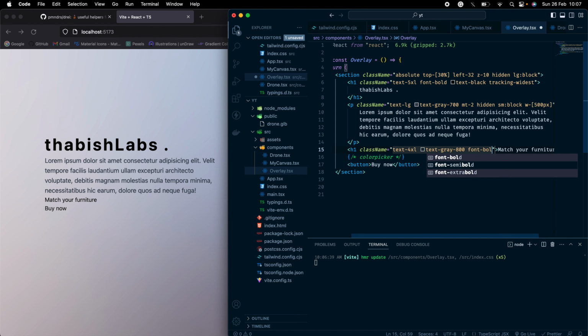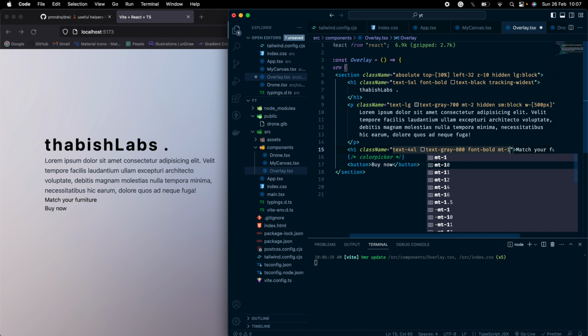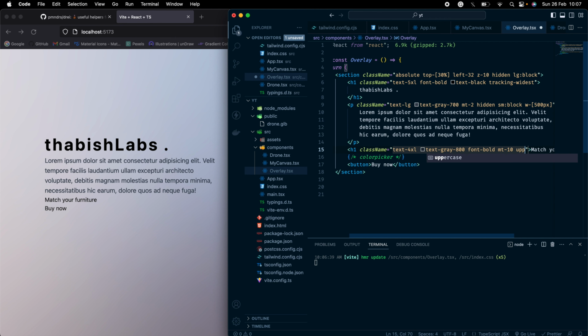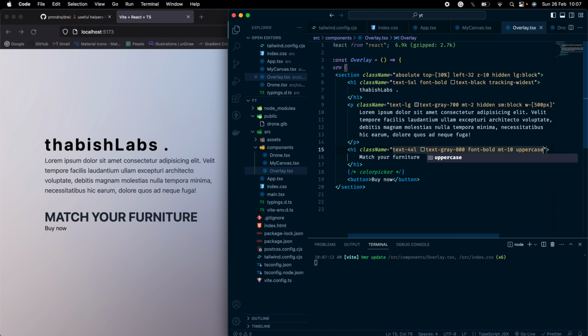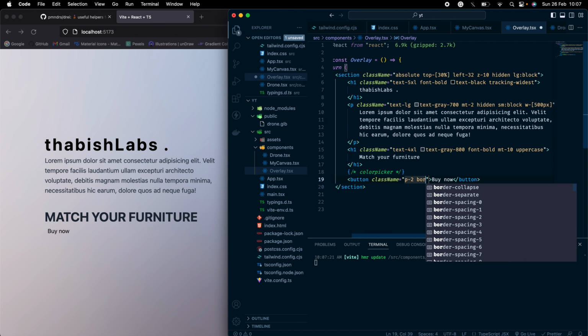Font bold, margin top of 10, and it'll be uppercase. All will be uppercase. Match your furniture. Fine. Button, class name, padding of 2. We have a border,